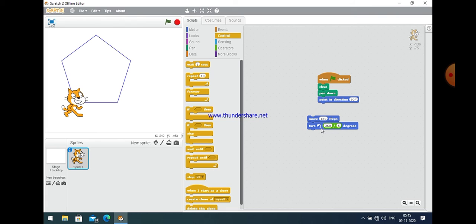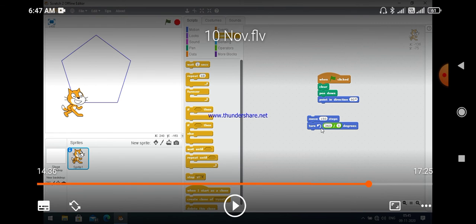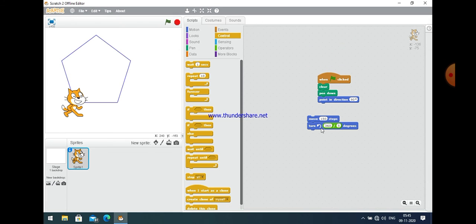But using a repeat control block, you can just put these two commands into the repeat control block, and then you can easily make a triangle. And if you want to create a rectangle, pentagon or hexagon, also using a repeat control block, you write this command only a single time and just give the value of repeat.